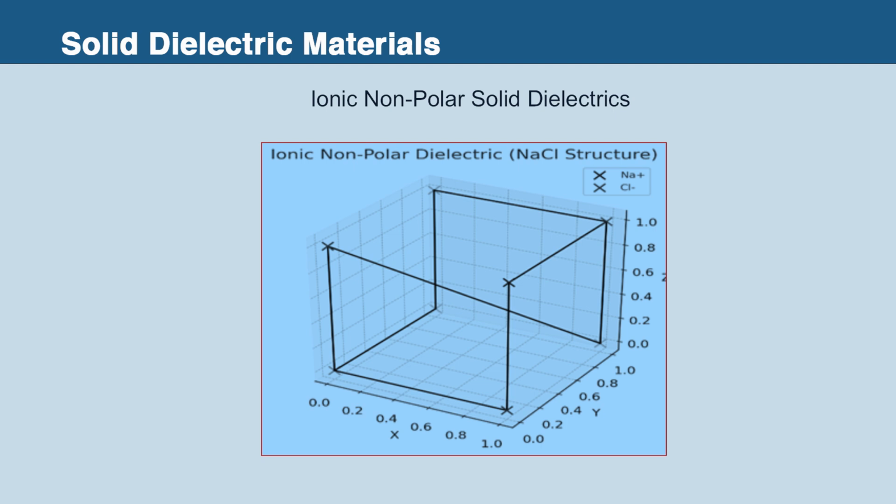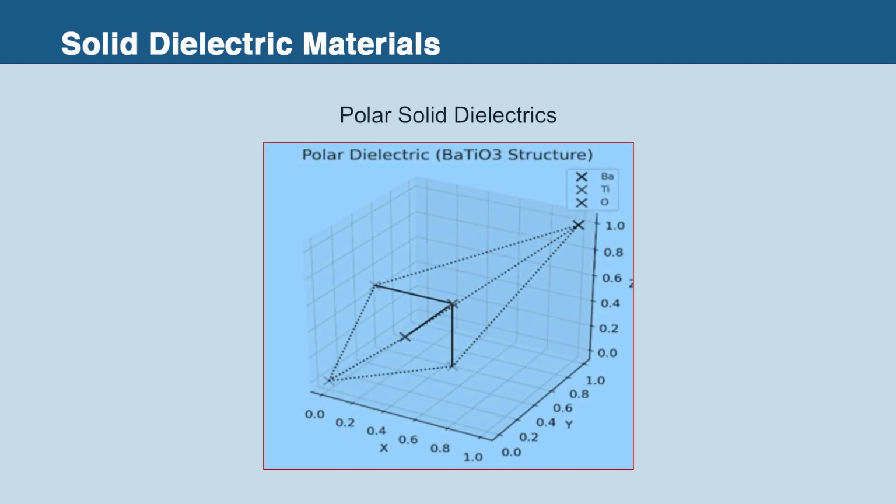In ionic crystals such as alkali halides, the total polarization is ionic and electronic in nature. These solids contain more than one type of atoms, but no permanent dipoles. This type of dielectric material is said to be ionic nonpolar dielectric material, and the third one is polar solid